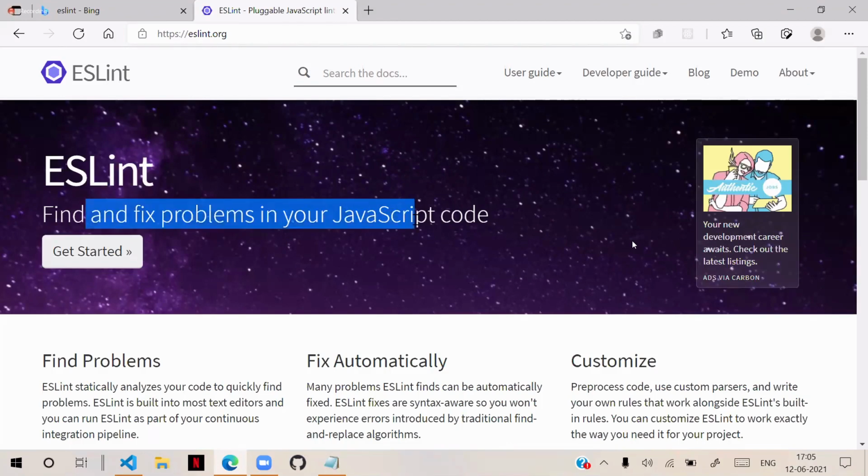What does that mean? It doesn't mean that when you write JavaScript and get errors, it will help you in solving the errors like your faculty. Understood? It's not like that. It says that if you are writing JavaScript and not following the standards, I will help you in finding the standards and fixing them.